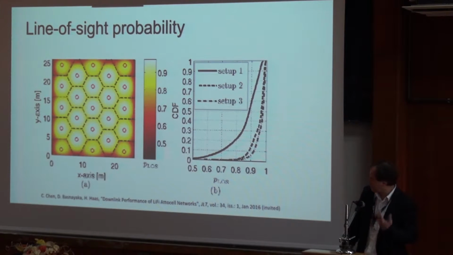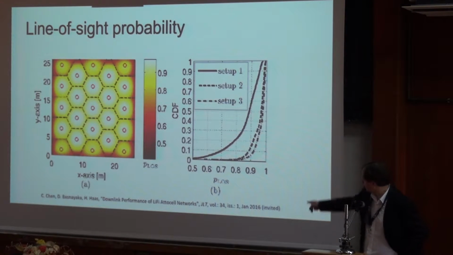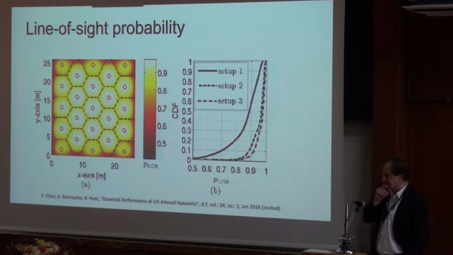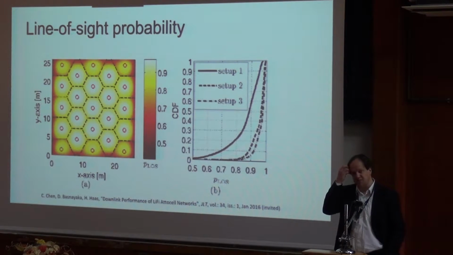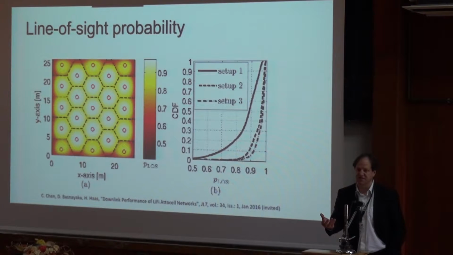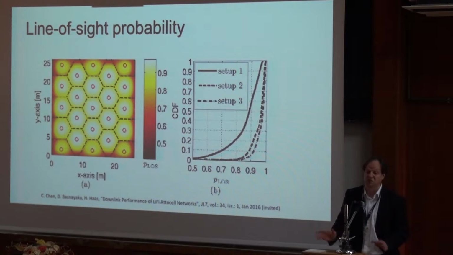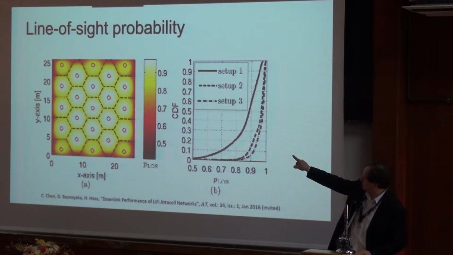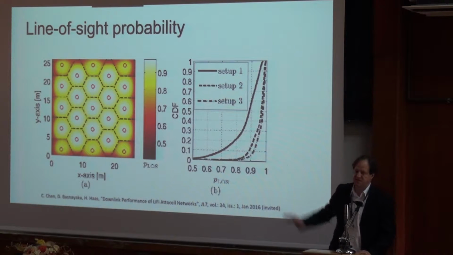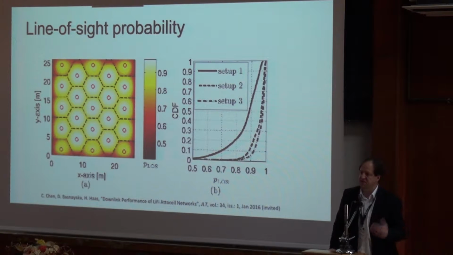So we've done some work that you see in that paper that I've shown there. Obviously we need good channels and good channel conditions, because that frees Harald Haas mode also applies to light. It is important to find out, in a room installation like this, what is the probability of line of sight? We've done certain scenarios, and we started with a cellular hexagonal structure. We have extended it to a Poisson point process, a random PPP process. But let's start with the hexagonal structure.